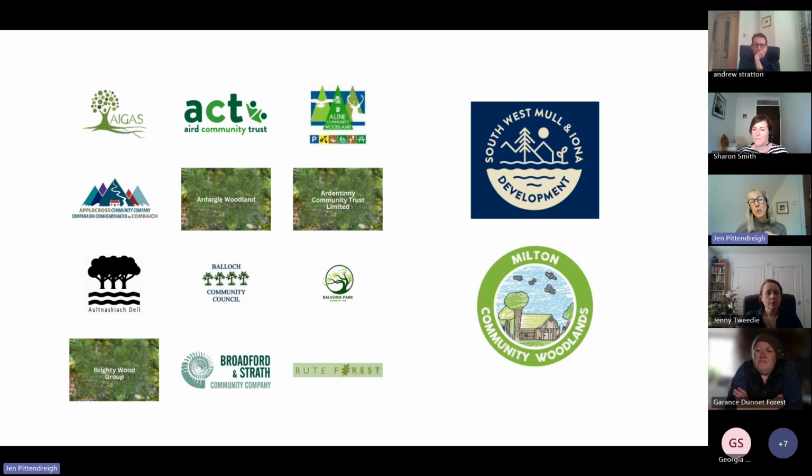And then by contrast, I really like this one, which is a dead simple one from Milton Community Woodlands. I'm presuming they maybe had a kids competition, or maybe one of the volunteers drew it. I think this has been done using Canva. So they've just scanned the drawing in and then made a very personal logo, which I think is a great idea, and it makes it very distinctive that it's Milton.